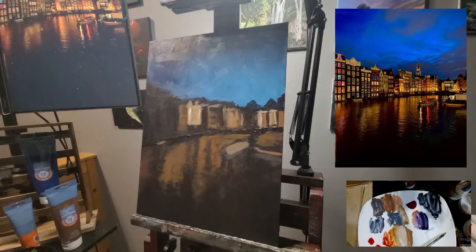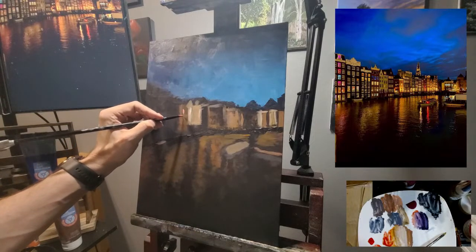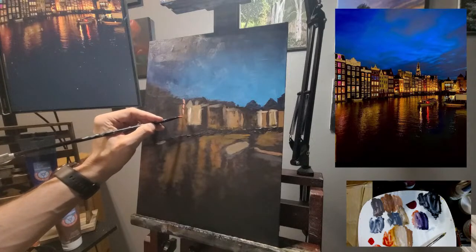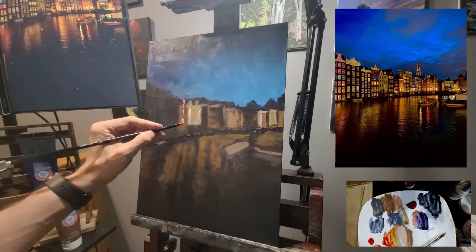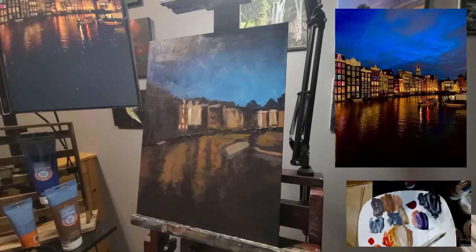I think I am going to put the bright pink lights in the middle in this building. And we'll